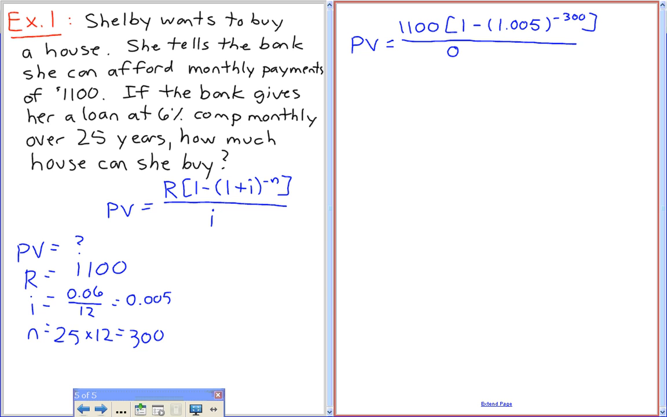Very good. Okay, this you can do in a magic calculator in one step, but I'm going to show all my work in this case. Because if you want to do it in one step,